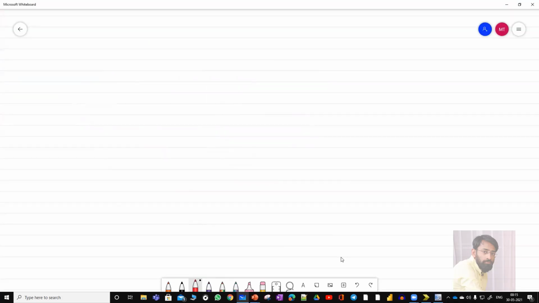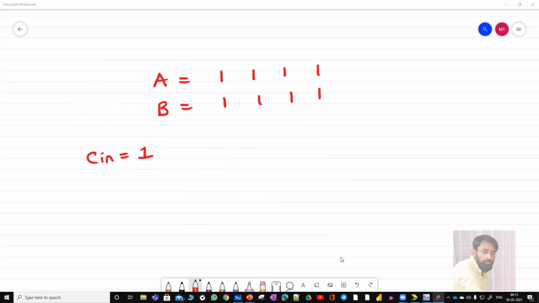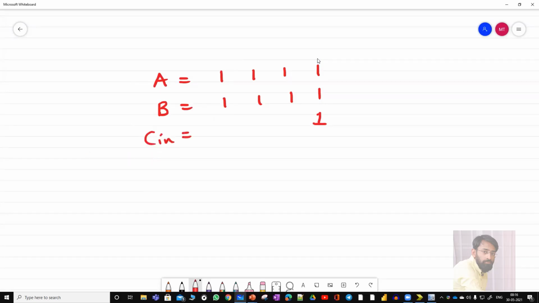So here the value of A is all ones. Similarly, the value of B is also all ones. And initially the Cin value is 1. Now try to add them. 1 plus 1 plus 1 is nothing but 3. To represent 3 it is 1 1.